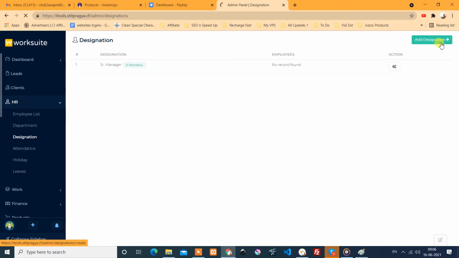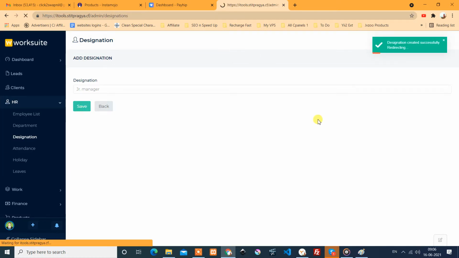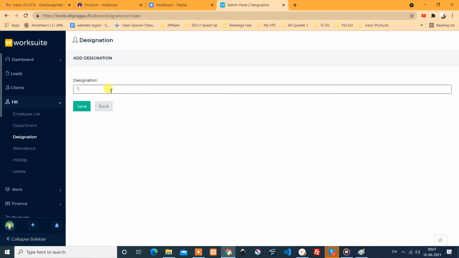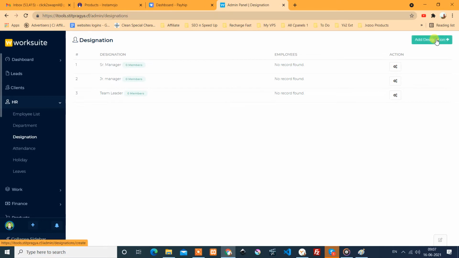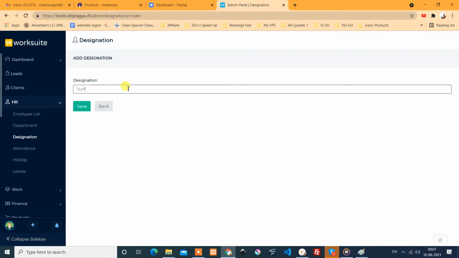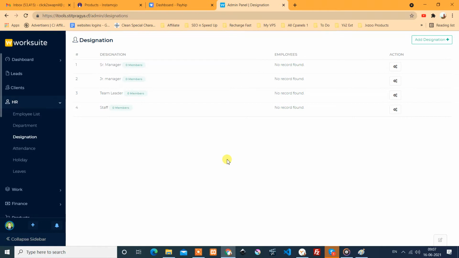I add some general types of designation: junior manager, then team leader, and finally staff. Okay, we have added some designations and some departments.